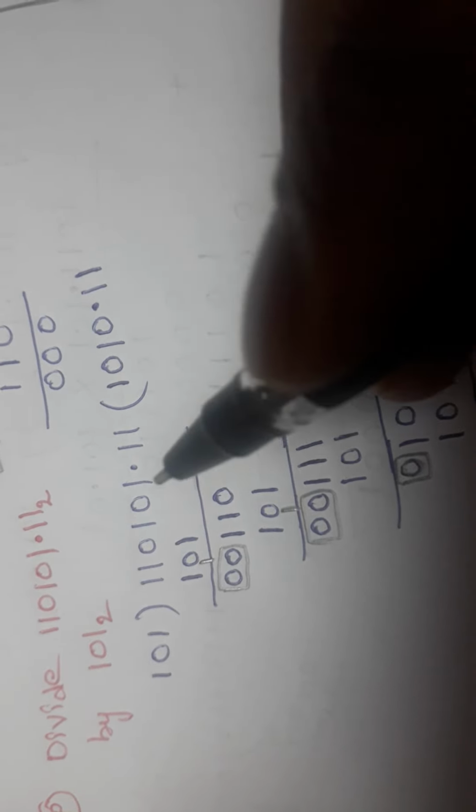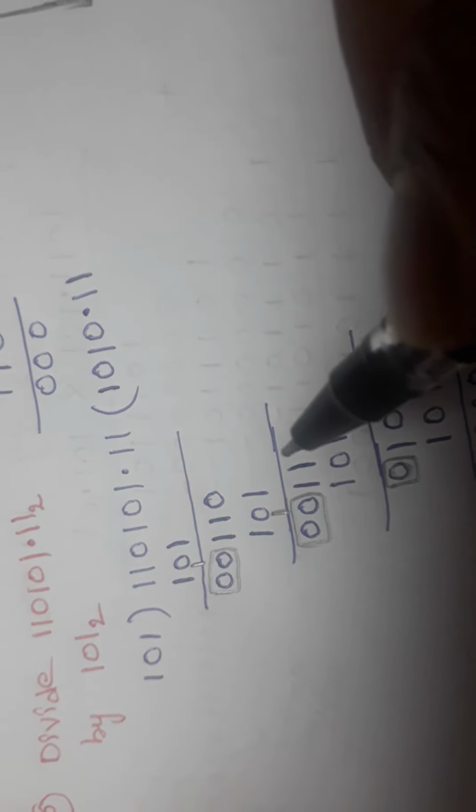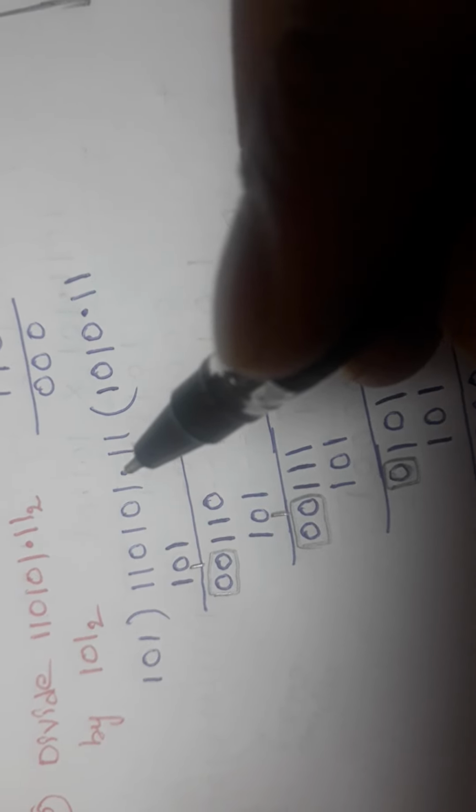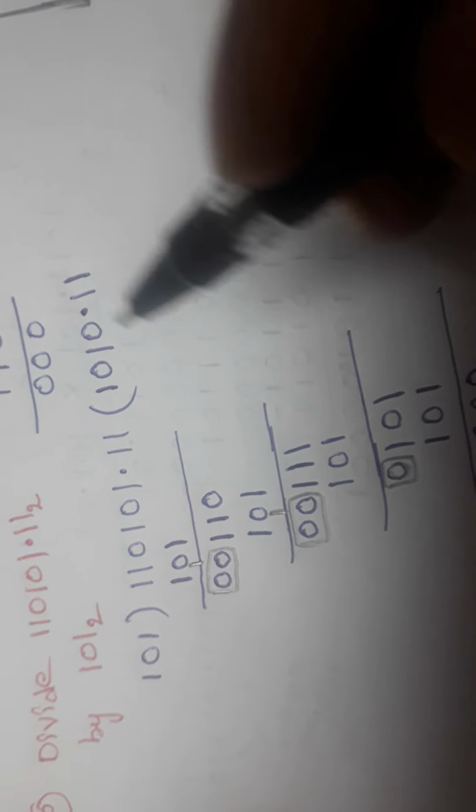1 is the remainder. Then I am going to pull down one bit naturally. Then it becomes 11. Okay, I can pull down one more bit. Why? Because it is 7. I am going to pull down this bit. This is an extra pull down bit. Therefore, I am going to add 0. But don't forget, it is the bit after the decimal point. Therefore, I have kept a decimal point here.